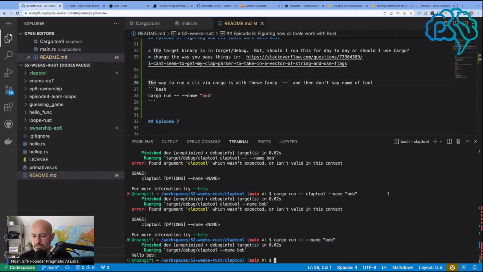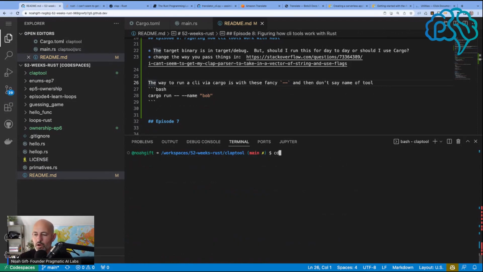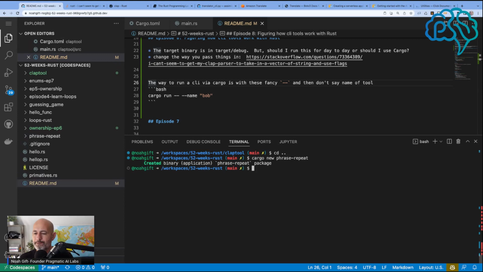So what I need to do next here, I'm going to go up a level. I'm going to say cargo new, and let's create something that repeats a phrase multiple times. That's kind of one of my command line tools that I like to build. So we'll call this phrase repeat. Now if I go into phrase repeat,